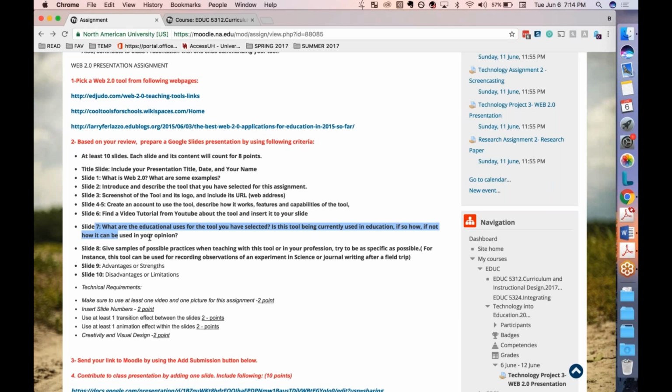Talk about that. Also, Quizlet could be used for teaching language or some new vocabulary. So you can talk about that as well. So if you are using this tool already, you can talk about your applications. If you're not using this tool already, you can talk about what are some of the possible or potential ways